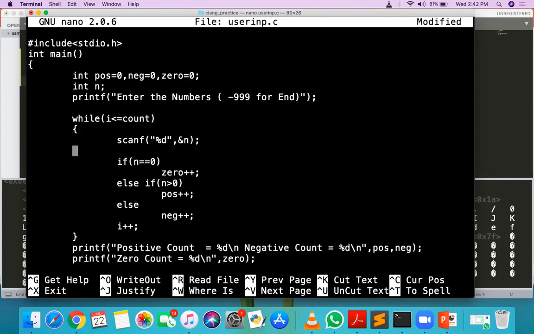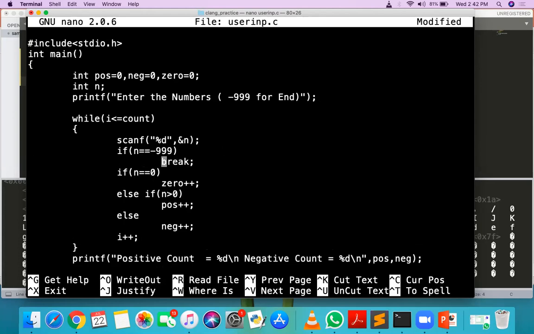And here only one if statement: if n is equal to -999, then break. And instead of i less than or equal to count, it should be while(1). The last i++ gets removed.